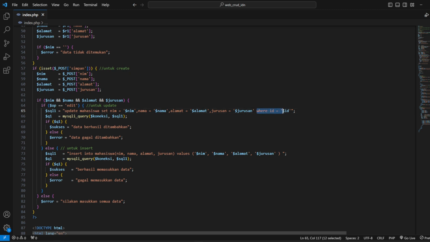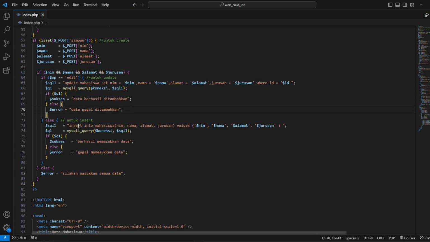This is for changing not all but one record, like that. And mysql query koneksi SQL1. This is to check our koneksi. If the query is successful, echo the alert berhasil ditambahkan, and else if error, echo data gagal ditambahkan, like that. Okay, this is for update.